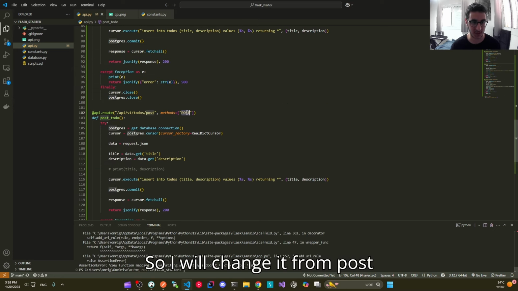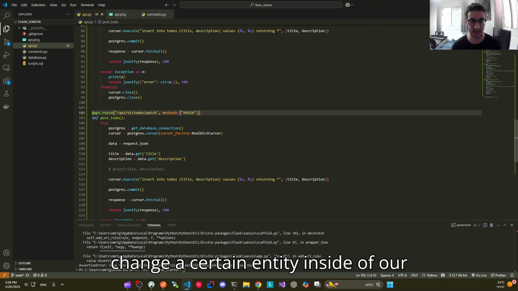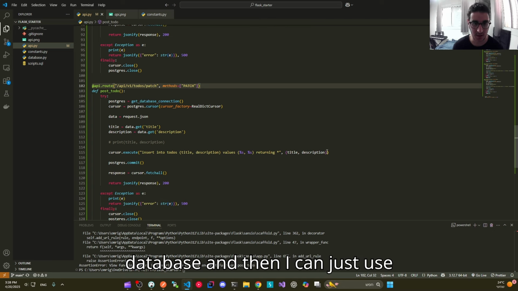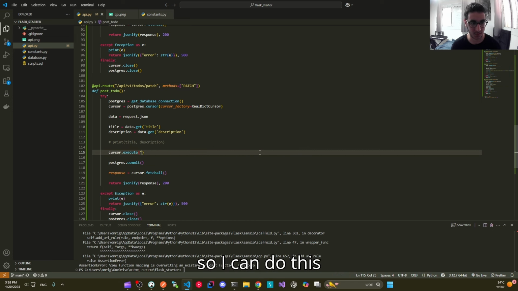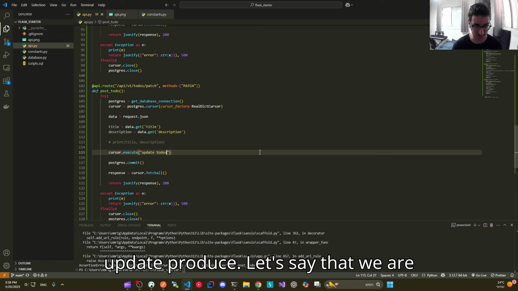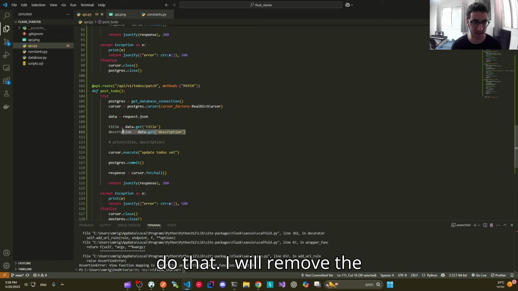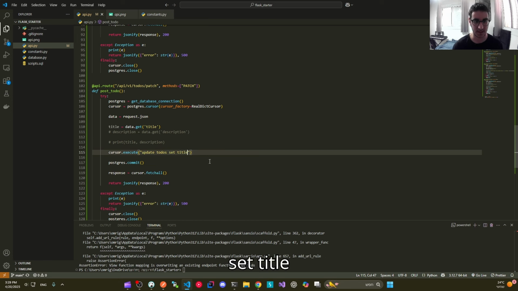So I will change it from post to patch. Patch allows us to change a certain entity inside of our database. And then I can just use the query. Okay, so I can do this, update to-dos. Let's say that we are looking to update the title. I can do that. I will remove the description since it doesn't matter now. Set title